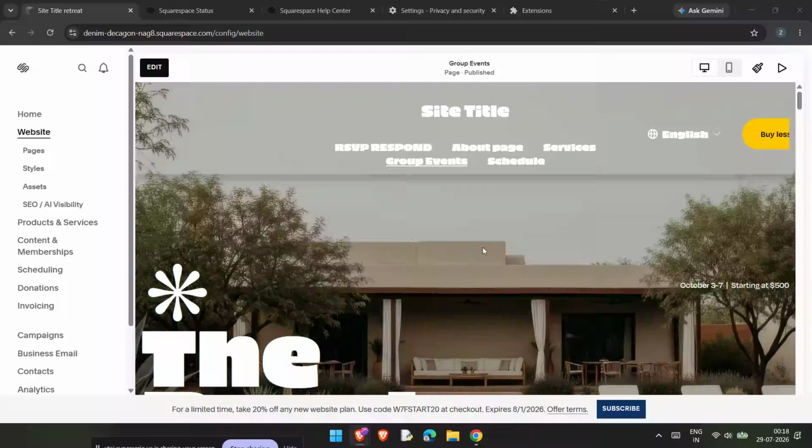If you're seeing a Squarespace internal server error, don't panic. In this video, I'll show you the fastest way to check whether the problem is on Squarespace's side or whether it's coming from your own browser. This is especially helpful if your site is suddenly not loading, the editor won't open, or pages are showing a